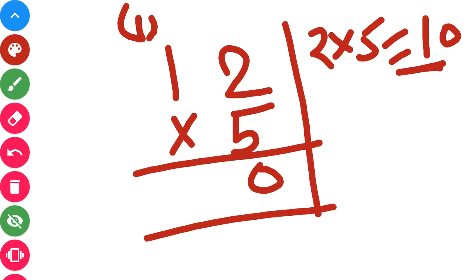Now read the table. At tens place, we are having 1. So any number that gets multiplied by 1, the answer will be the same number. 5 ones are 5. Now 5 plus 1, how much we will get? 6. So 5 2s are 10. We will write 0. Then we will put a 1 here. Then 5 1s are 5, and then plus 1 carry, 6. We will get 60. Okay. Let us understand one more time.